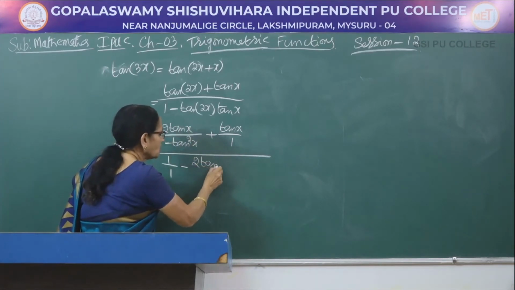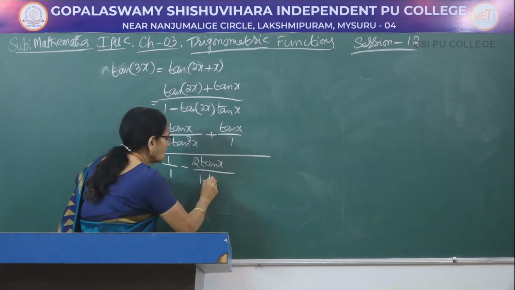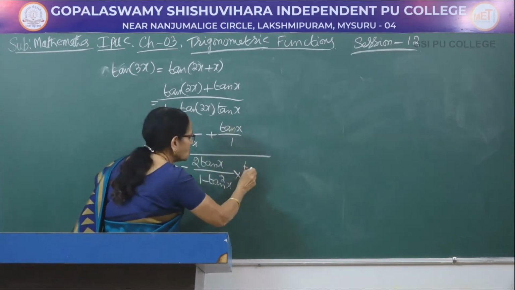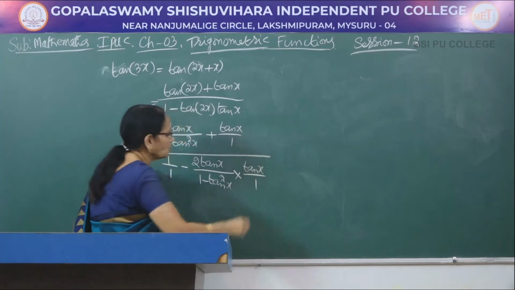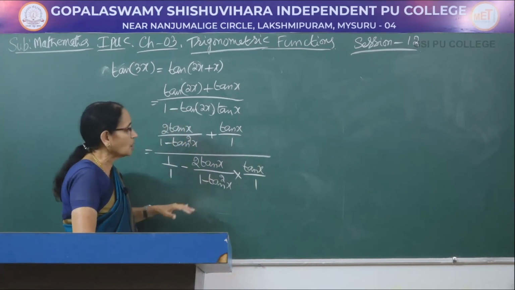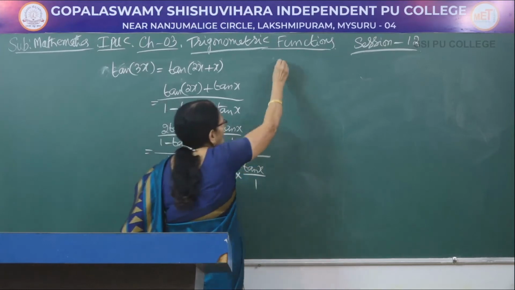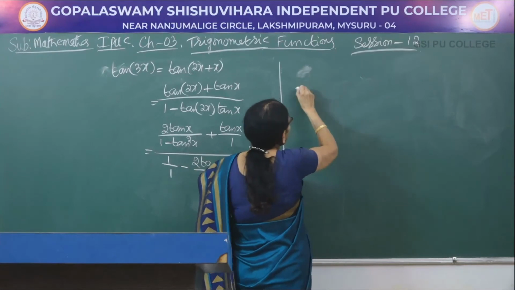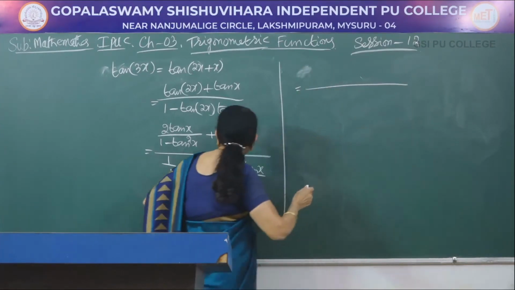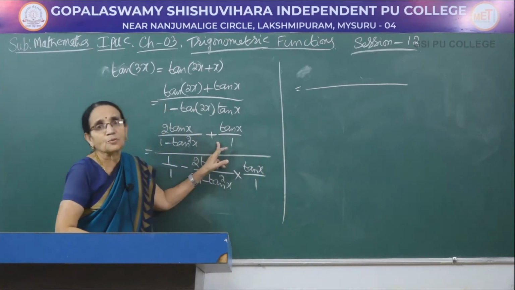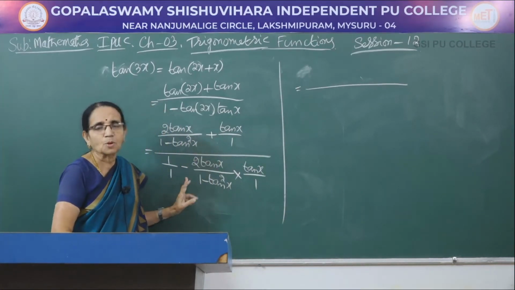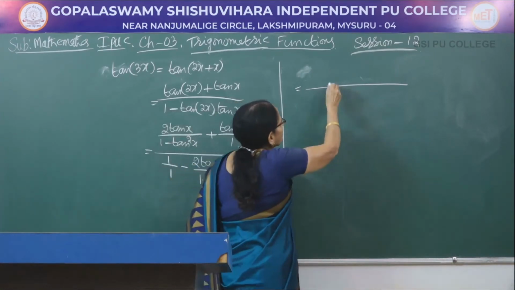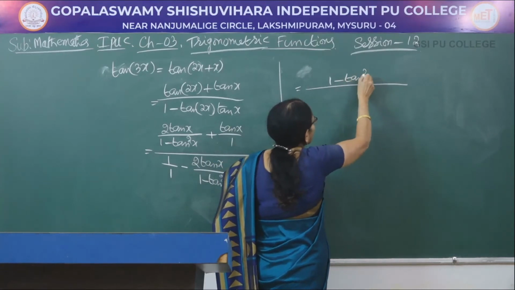You again write the formula 2 tan x divided by 1 minus tan square x into this tan x. I am writing it is tan x by 1 you can write. So, if you write in that form, easy for you to take the LCM and then simplify. So, this would be equal to, you observe for the numerator and denominator, both of them are simplification of the fractions. We are adding, we are subtracting. So, for both of them, you have to take the LCM. So, when you take the LCM being 1 minus tan square x.